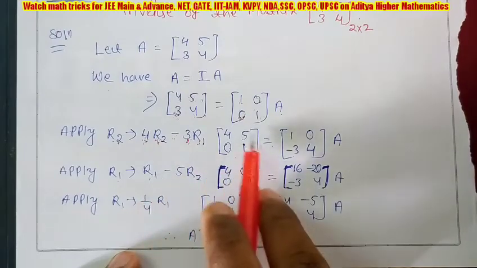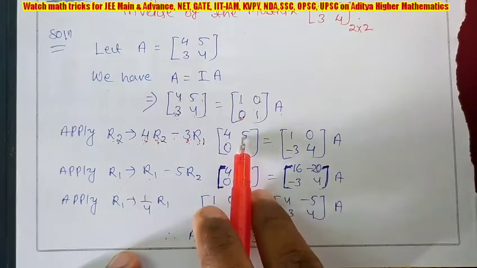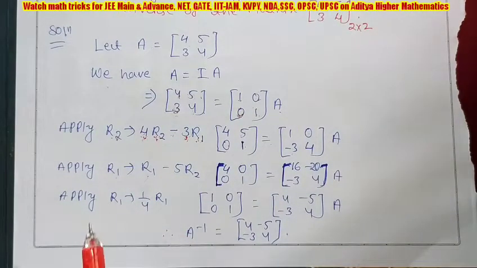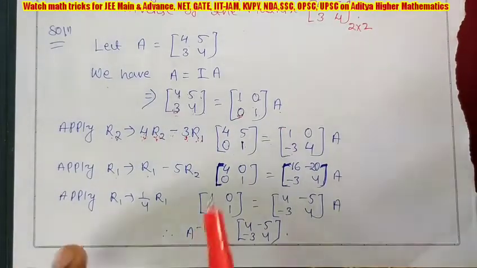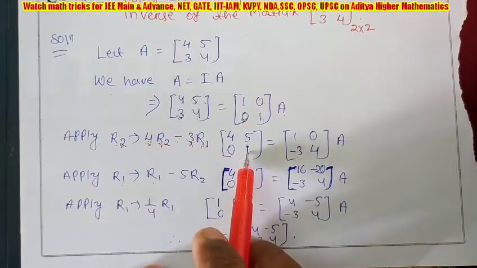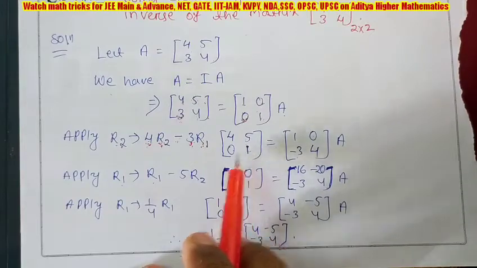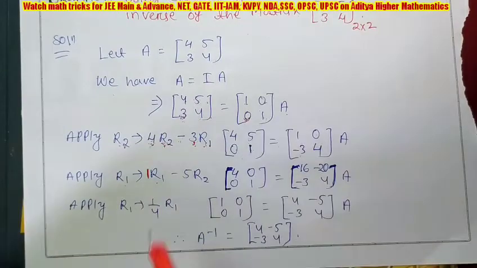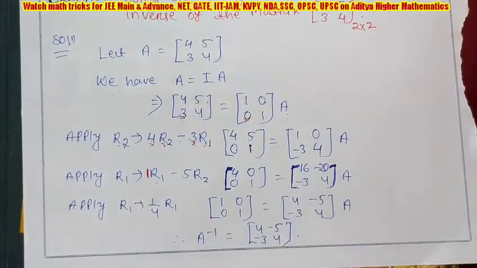And we are going to make this element 0. Since it is 5 in R1, we have to write this number in the R2 coefficient. I told you, the R1 coefficient element you have to write in R2, and the R1 element you have to write in the coefficient of R2. Then what is its corresponding R2 element, which is 1? That 1 we will write in R1. Actually it is 1, but 1 into R1 is R1 only, so I am writing R1.